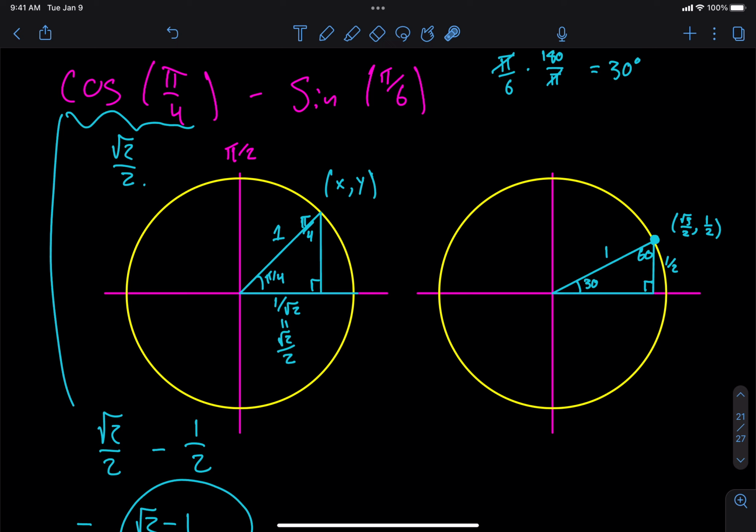So what would we do for this one? 55 pi over 4. That's too big. We're going to subtract 2 pi until we get something which is more reasonable, right? Can we do this problem? Yeah, sure, we can do this problem. Okay, so